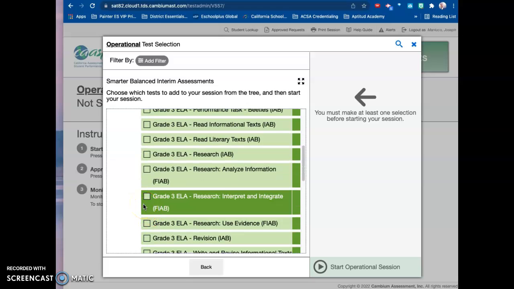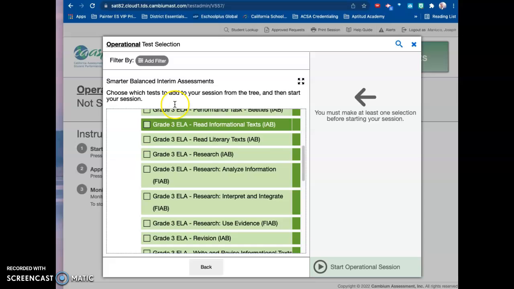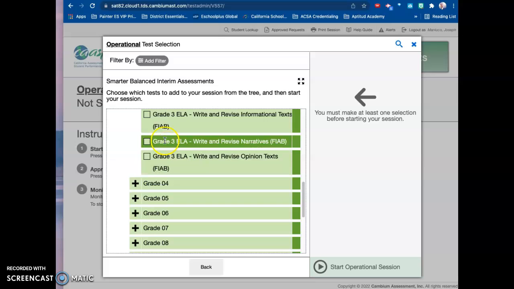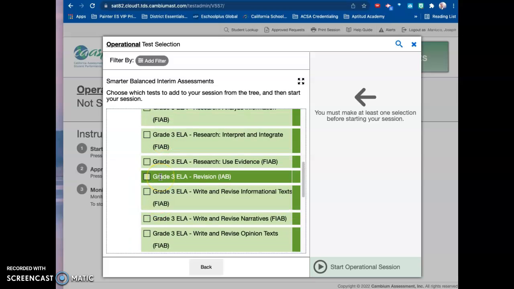And then this would produce data into the dashboard that will tell you, all right, are kids struggling on this standard altogether, which would mean almost every kid gets the same question wrong, or is it select groups of students where there are groups of students who need maybe some targeted instruction to remediate a standard that is on the IAB. So again, pick one or two of these that you feel like you would need to know about in order to get your kids prepared for the CASP, and then you would want to go ahead and administer it